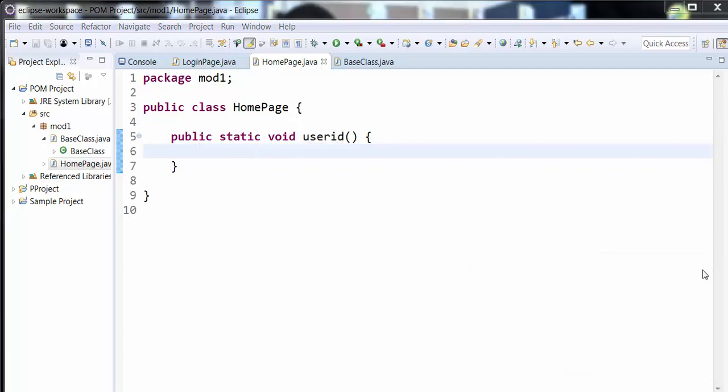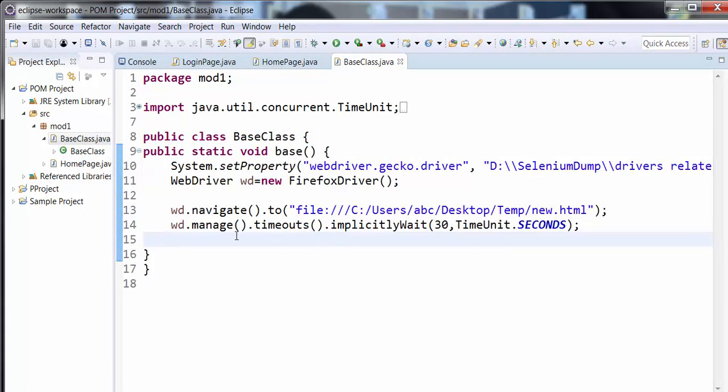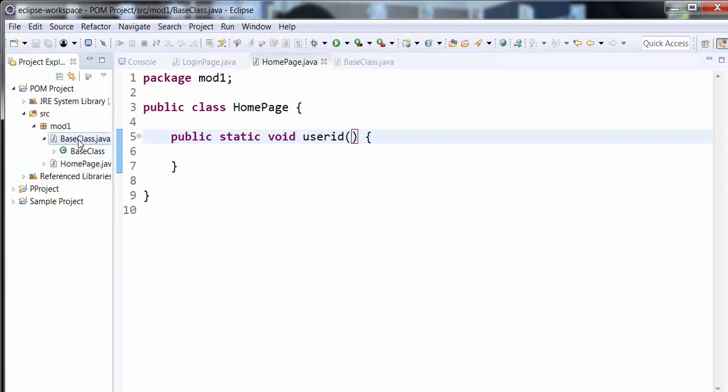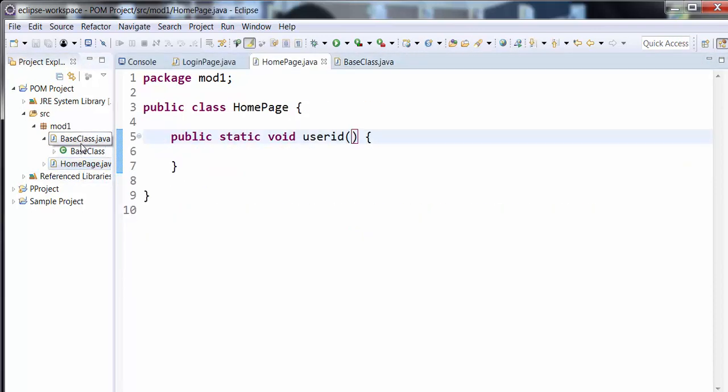This web driver is actually created in the base class, so I have to pass this web driver. If I am passing a web driver from the base class to this home page class, it has to receive it. So here it will receive a web driver,